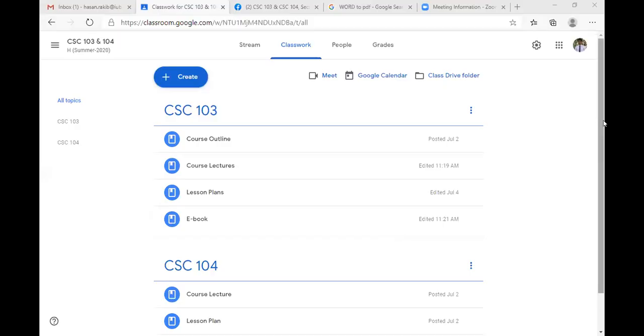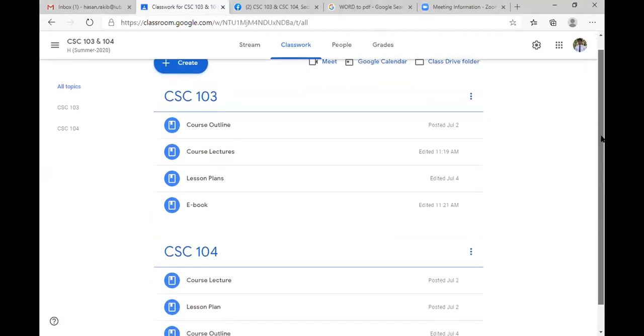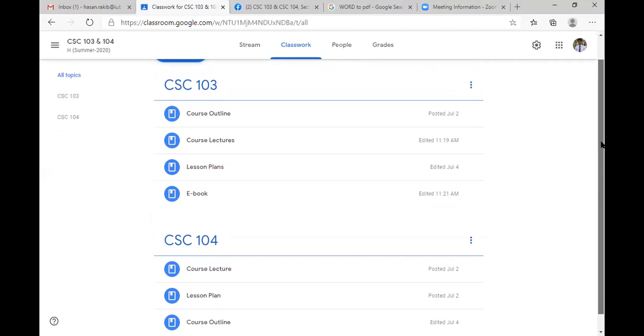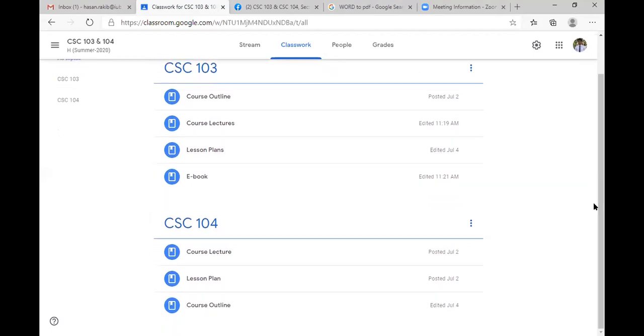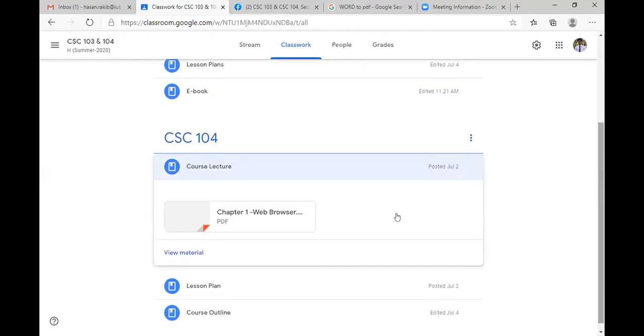So can you guys see my web browser? Yes, sir. In your same classroom, you will get basically two parts. One is for CSE 103. Upper portion is for CSE 103, and lower portion here we have CSE 104.